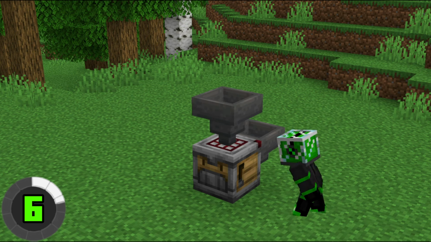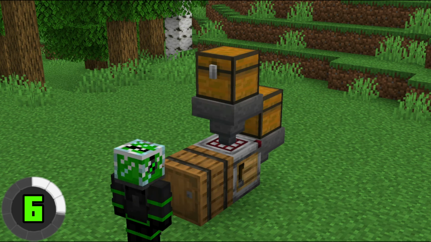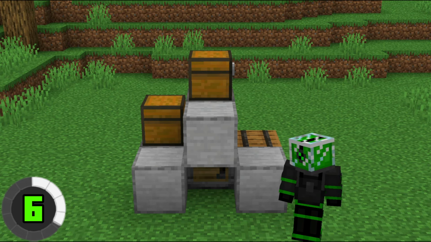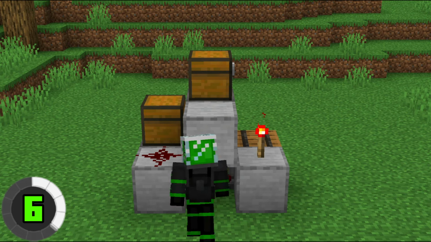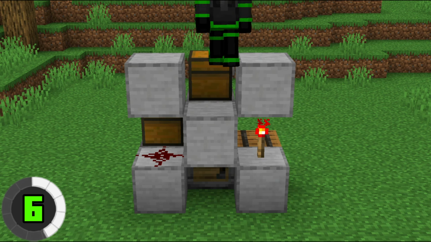Then place a chest above each of the hoppers, and place a barrel in front of the crafter followed by a block next to the barrel in each of the hoppers. Now place a redstone torch on the block next to the barrel and a redstone dust on the block next to the lower chest. Then place 2 more blocks with a repeater in the middle facing left,